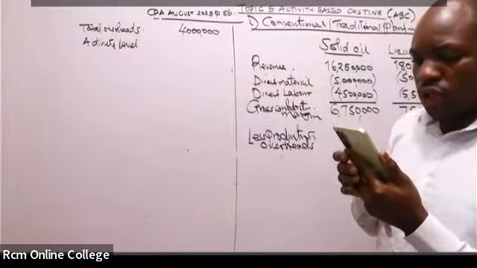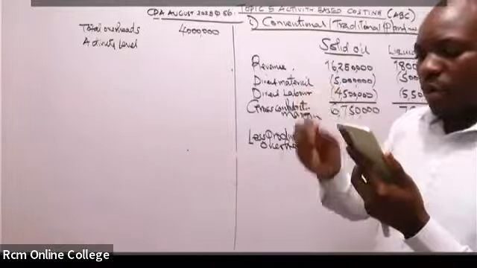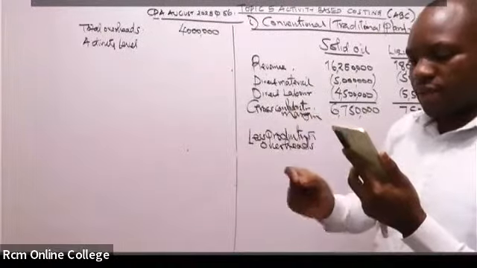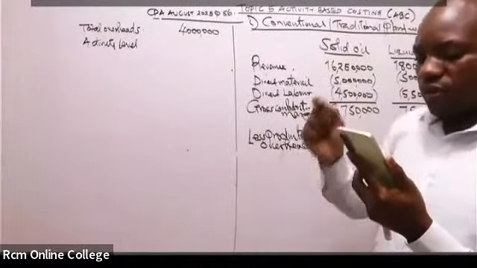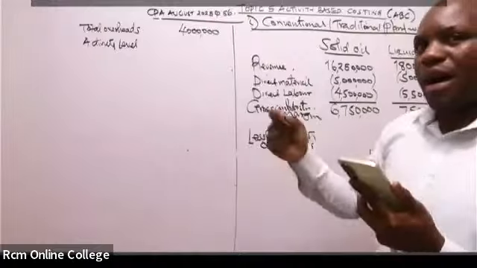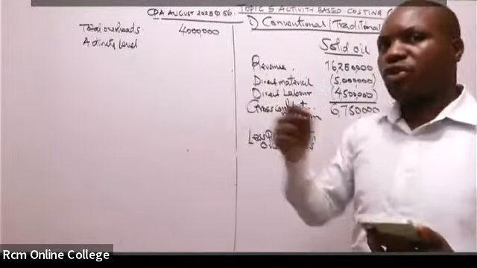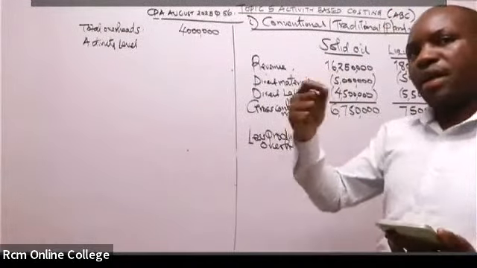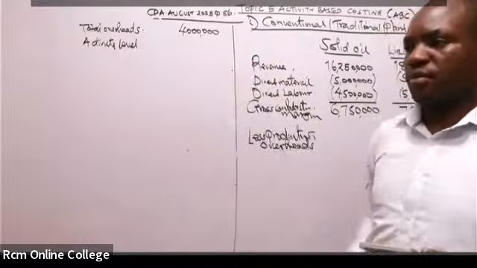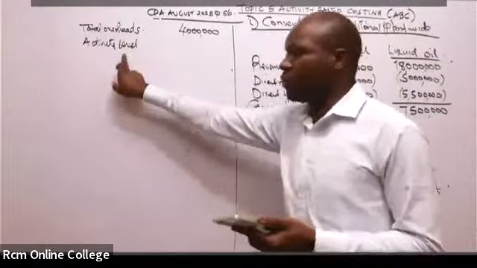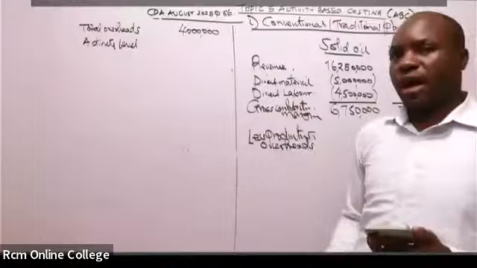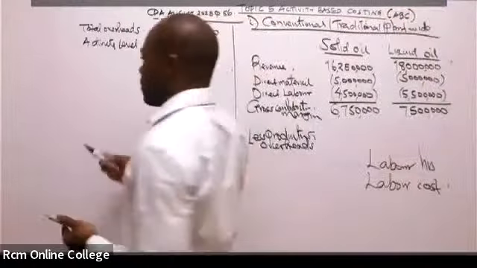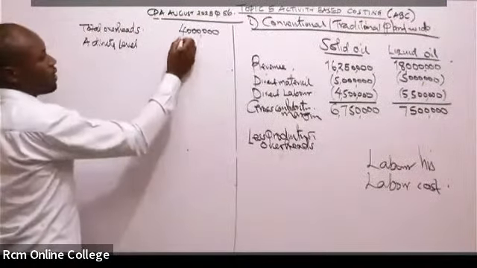We are told the company currently operates an absorption costing system using conventional direct labor hours basis, not labor cost, direct labor hours basis. So our activity level or cost driver is labor hours. And you have been able to see the budgeted labor hours is 100,000